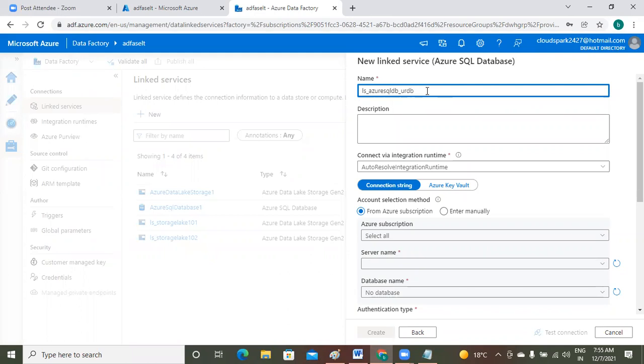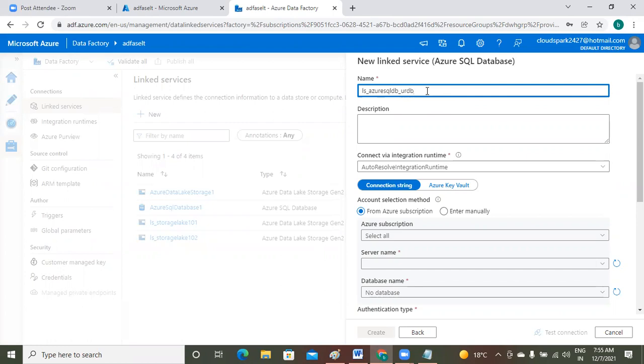Okay. Because you are creating a linked service for, see, in the case of data lake, what are you creating the linked service for? Account. In data lake, you are creating a linked service for a storage account. Under one data lake, any number of accounts can be there, but you are creating for one account.